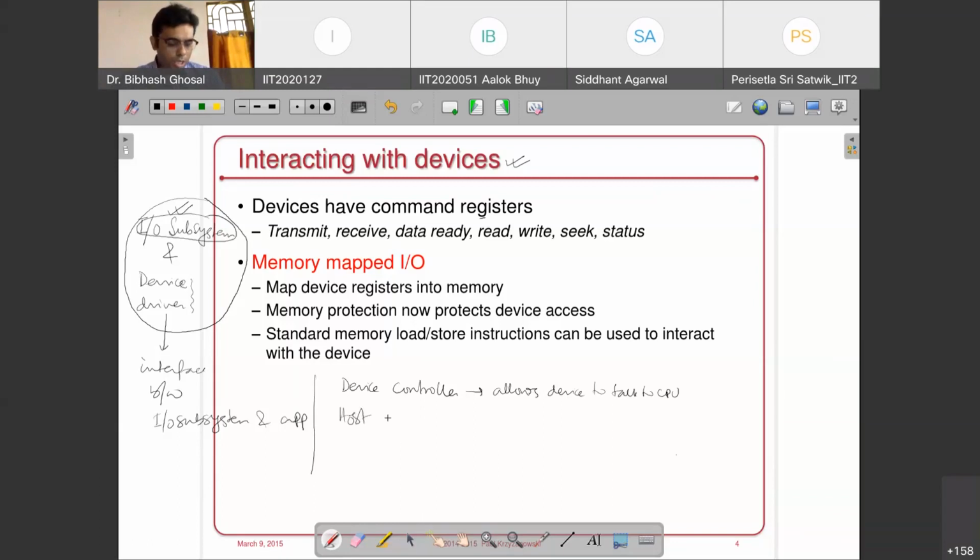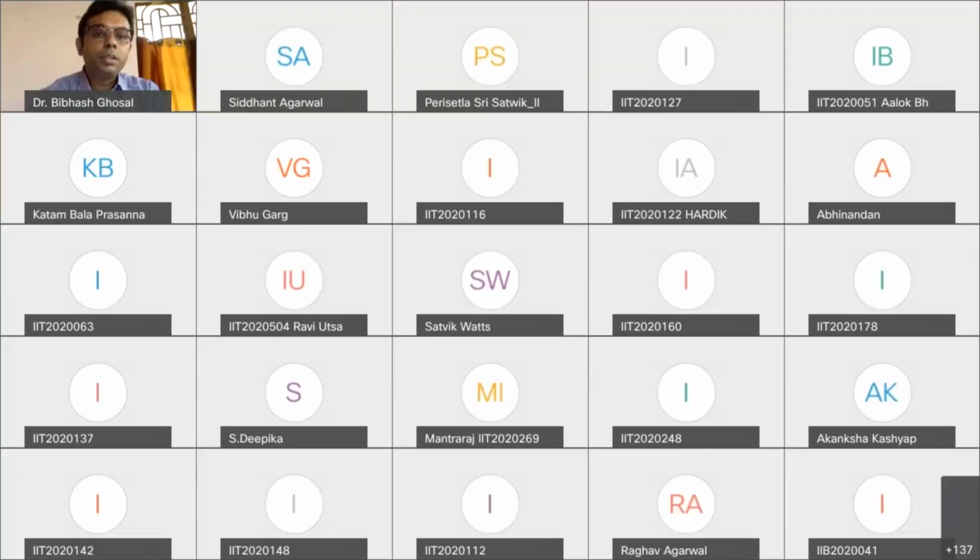The second is called the host adapter. This host adapter is the one that allows the CPU to interact with the device. It's the other way around. We have even seen that. And finally, we have those communication lines which are called buses. So in the last class, we saw what happens, and just to show you, I'll quickly